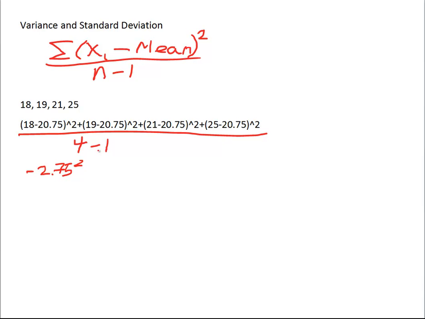Then the 19 minus 20.75, we're going to square all that. And that is negative 1.75, and that's squared, plus